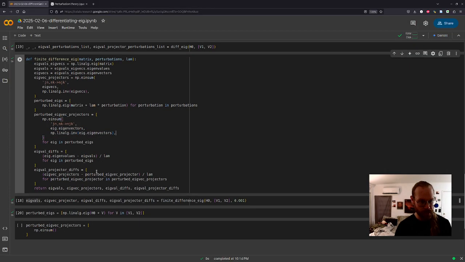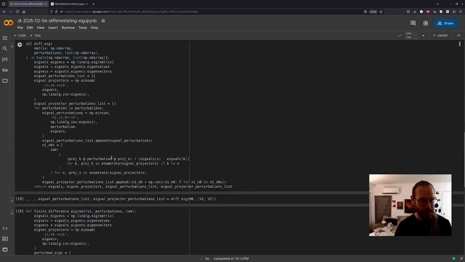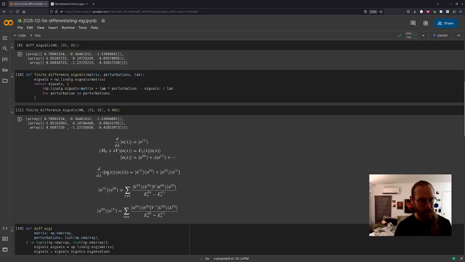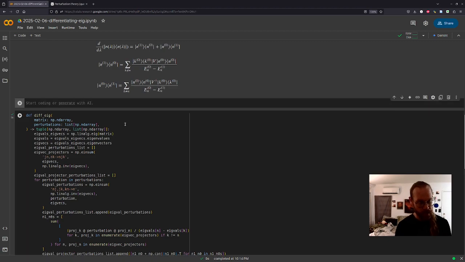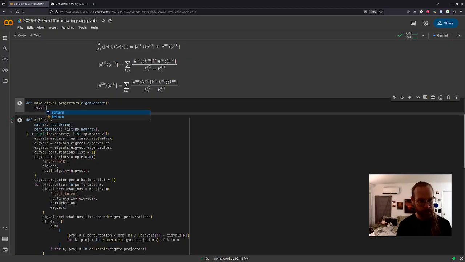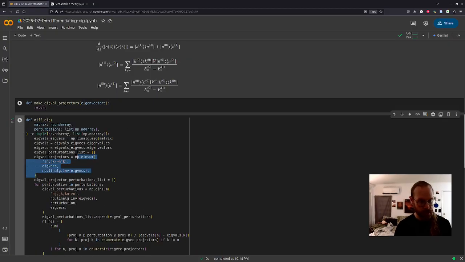I guess we should make sure that we're doing that correct. Maybe we'll write a function. I like writing functions and reusing them. Return this.